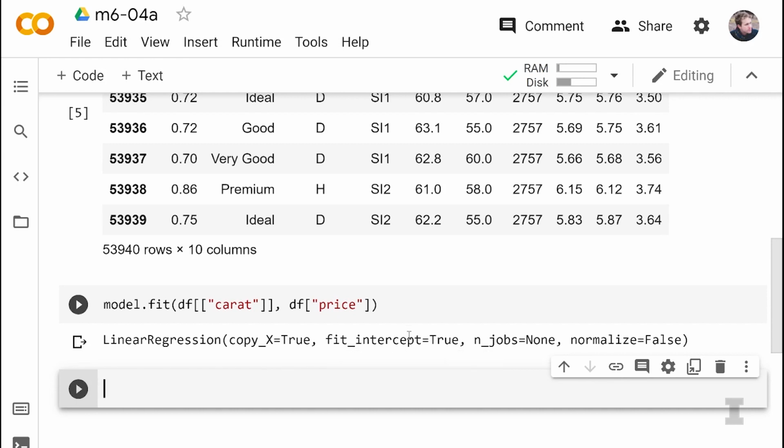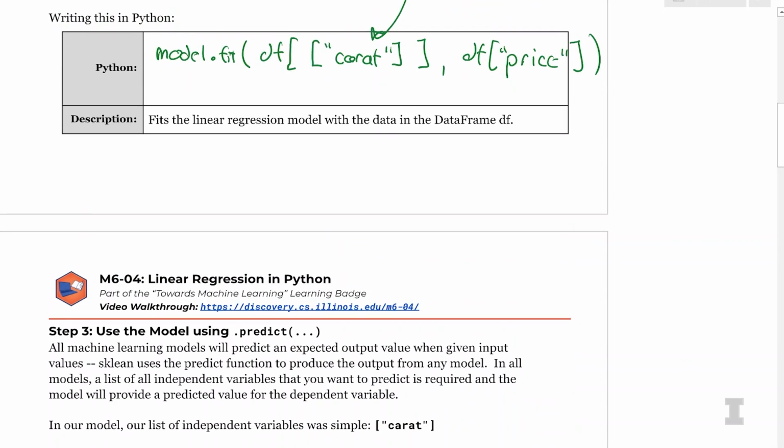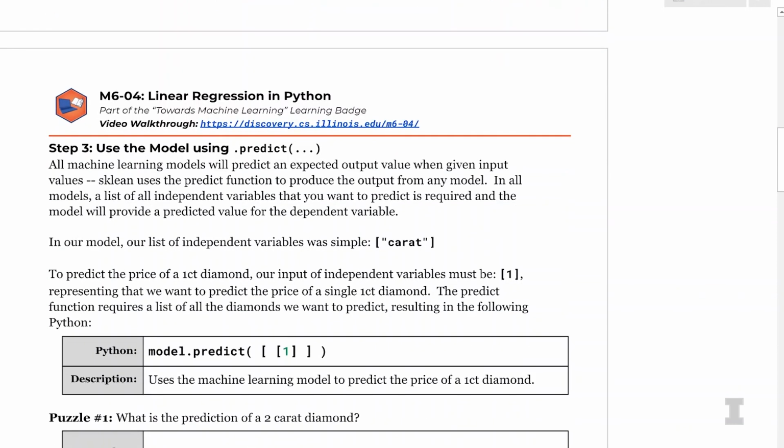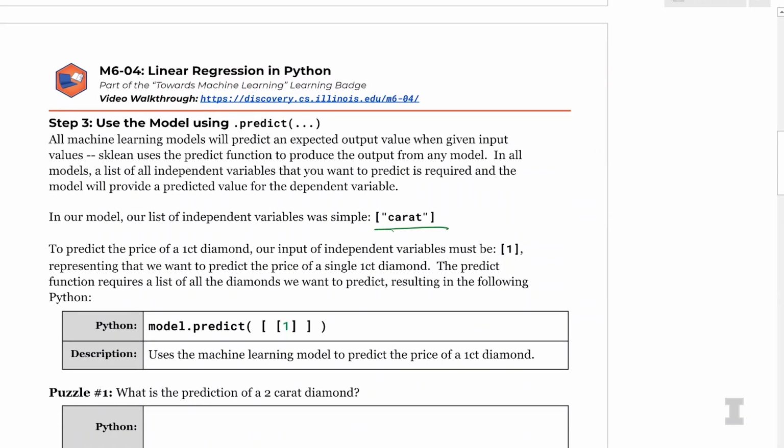Awesome. So the third step is always going to be to predict the diamond weight, or to predict any information based on our model that we trained. Here we've trained our model to take in carat weights and predict prices. So in our model, our independent variable is simply carat.